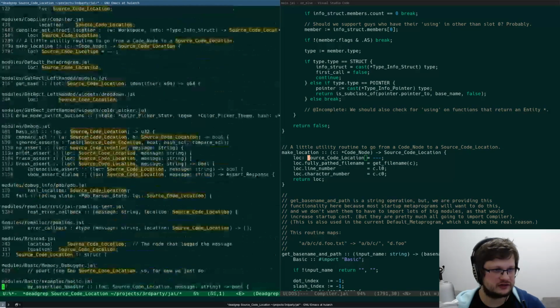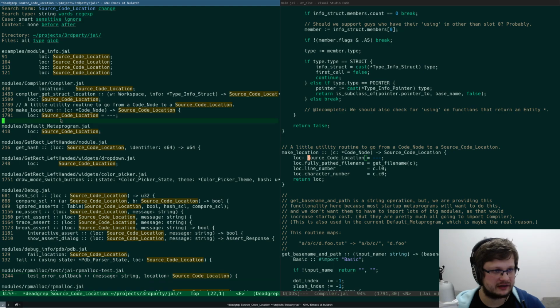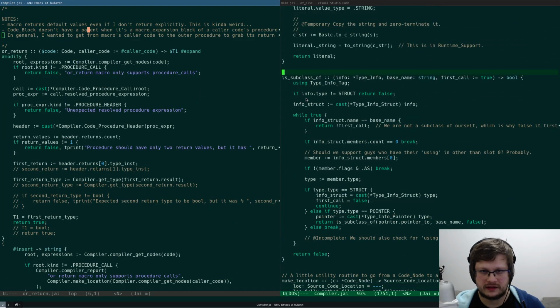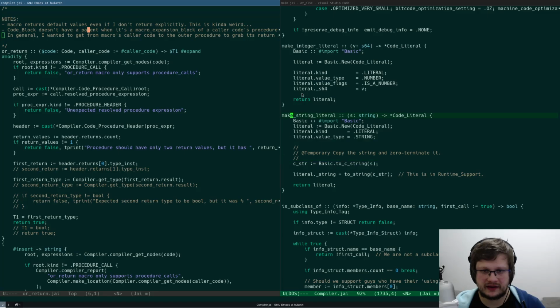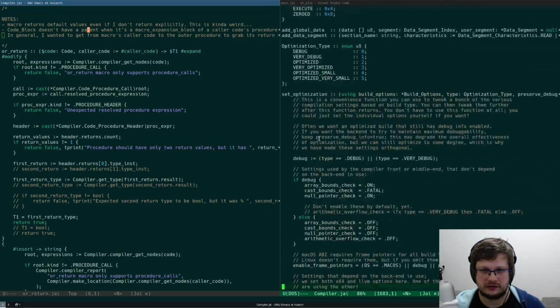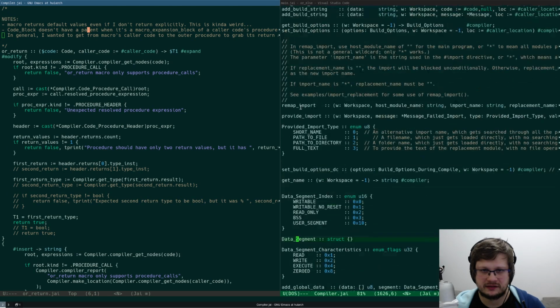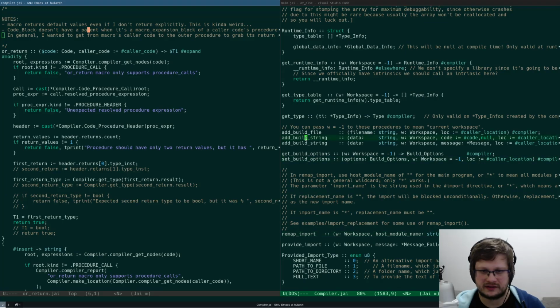Yeah, okay, it's used in a bunch of places, I just grepped for it incorrectly. All right. Is subclass of, make string literal, make integer literal, set optimization, add segments, name of workspace, provided import name, provided import remap import, get set, get type table.